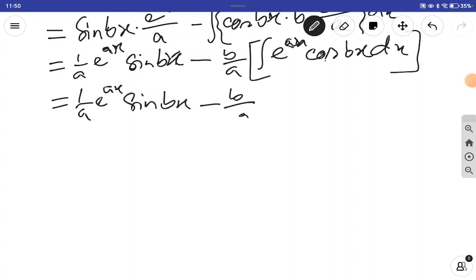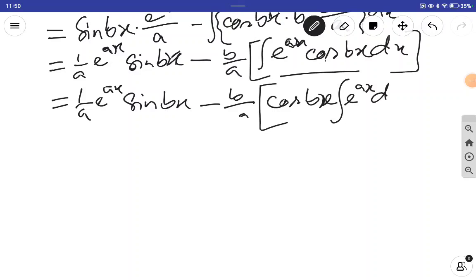Again I will use the UV method here. So cos bx integration e to the power ax dx